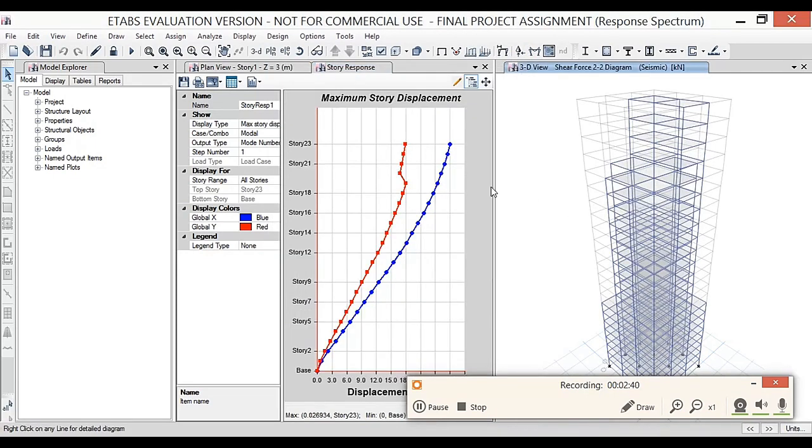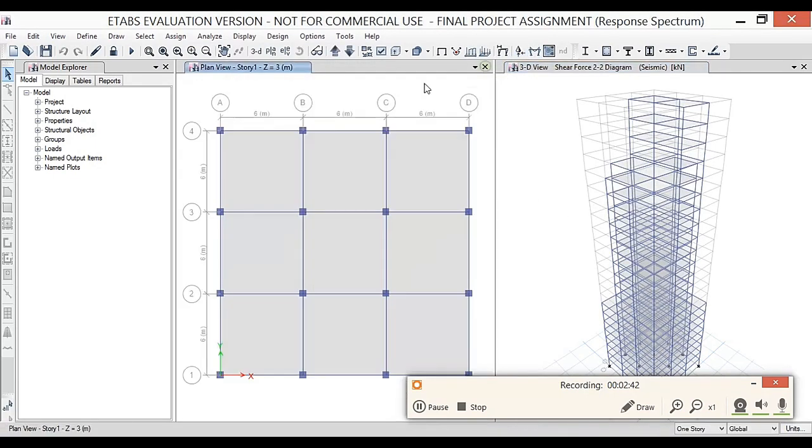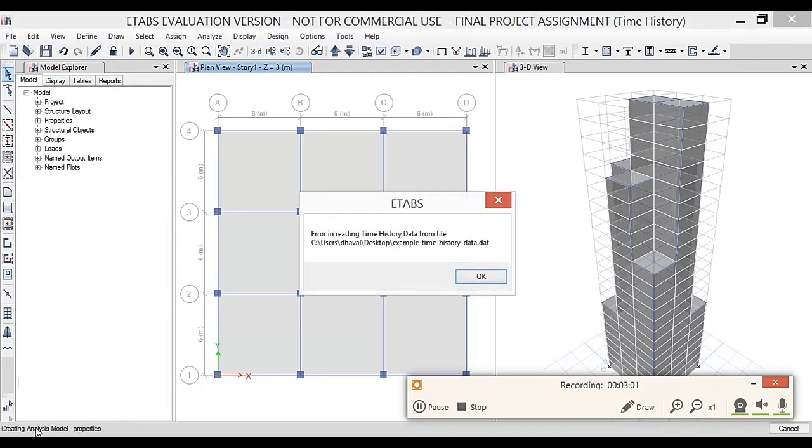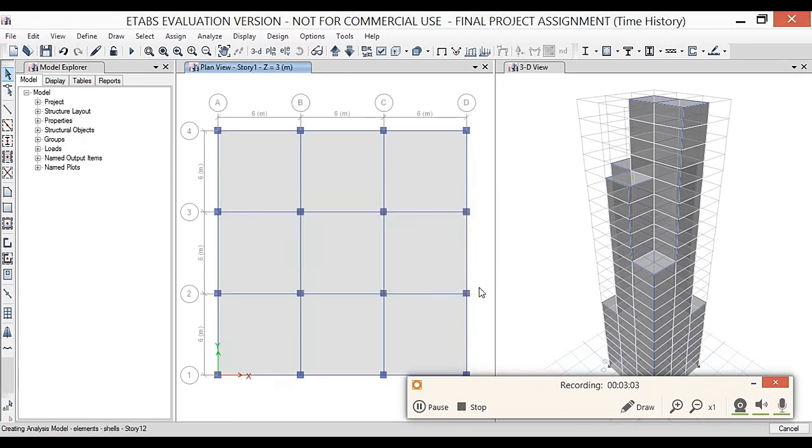After the analysis, we carry out the design, verifying whether all the members are passing the design check or not. Further, if any member is not passing the design check, we change the property of the member using the auto select option and once again run the design analysis for the same, after which the members are likely to pass the design check. Here as you can see the analysis has progressed to 100 percent.